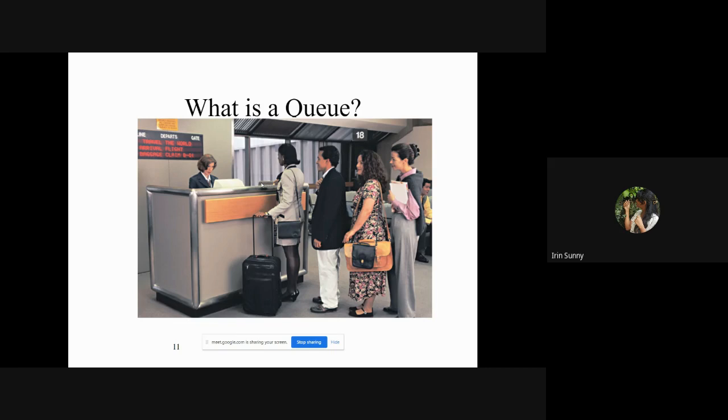Now the next concept is using queue. How do you use a queue? A queue is a more basic concept. Queues are like the way you stand in a queue. The first person to come and stand in the queue will be serviced first. The last person in the queue will get the service last.